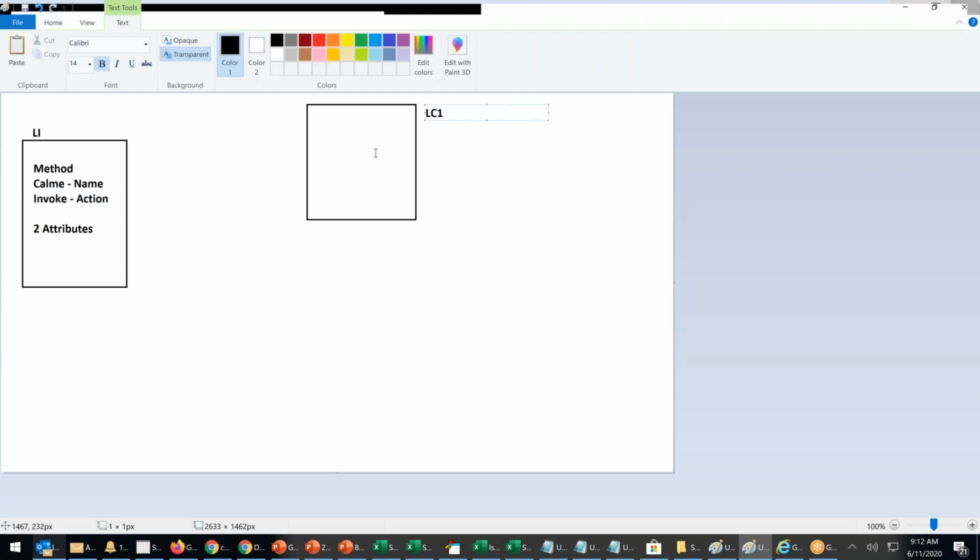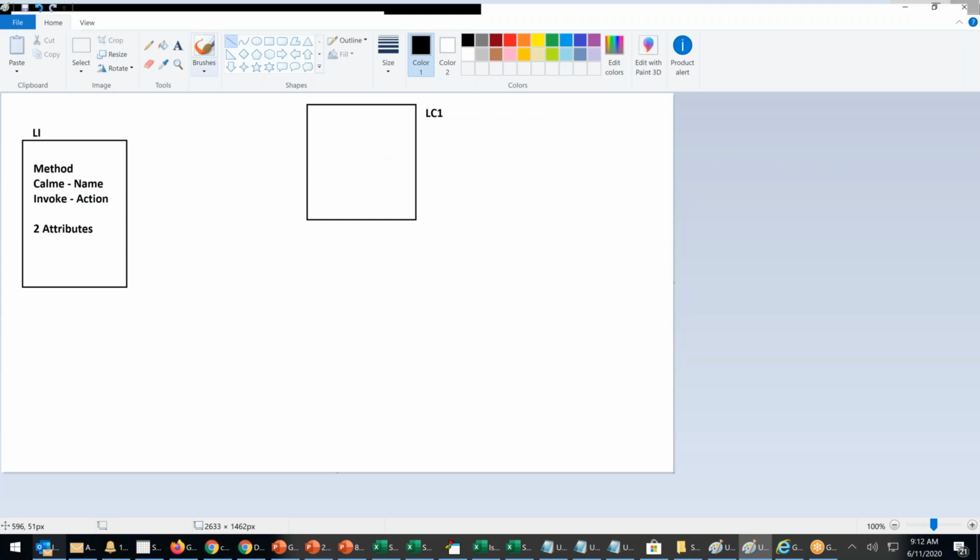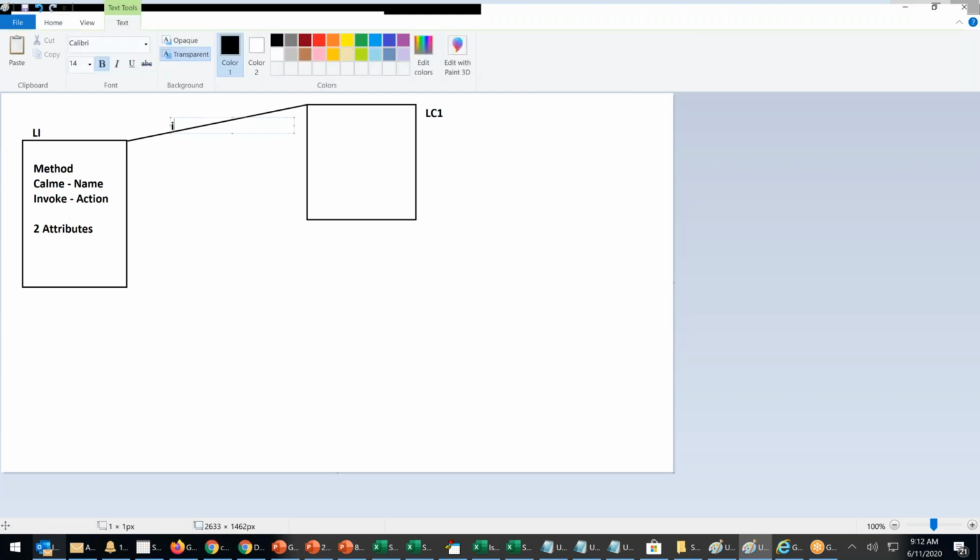What I did, I implemented the interface. I've implemented this interface.